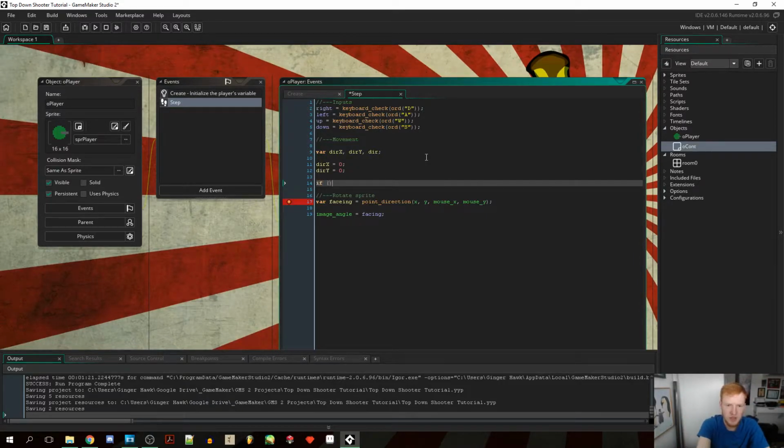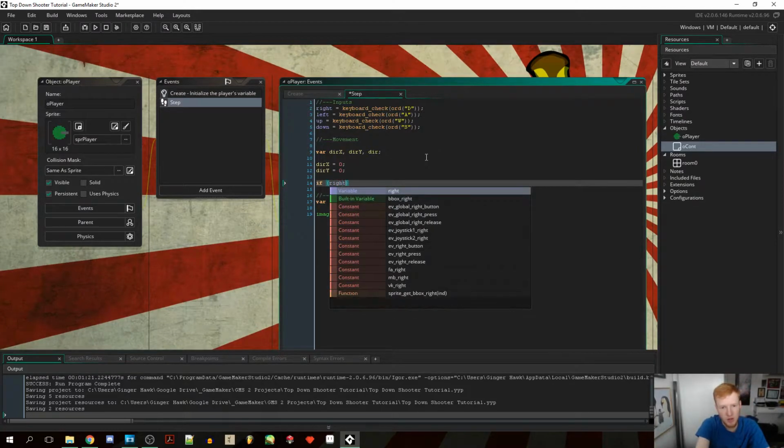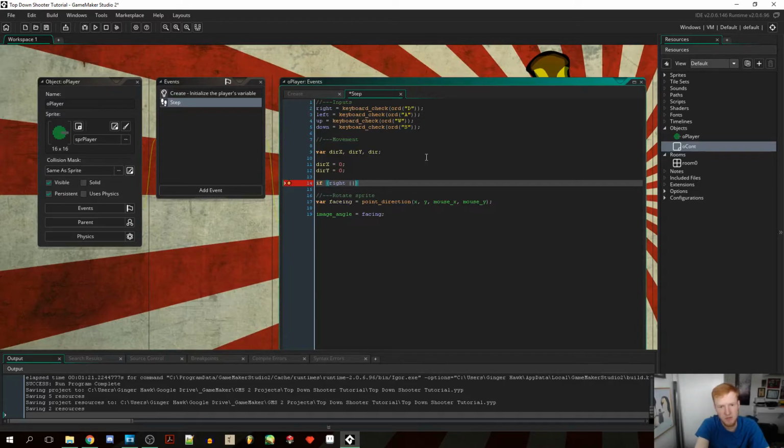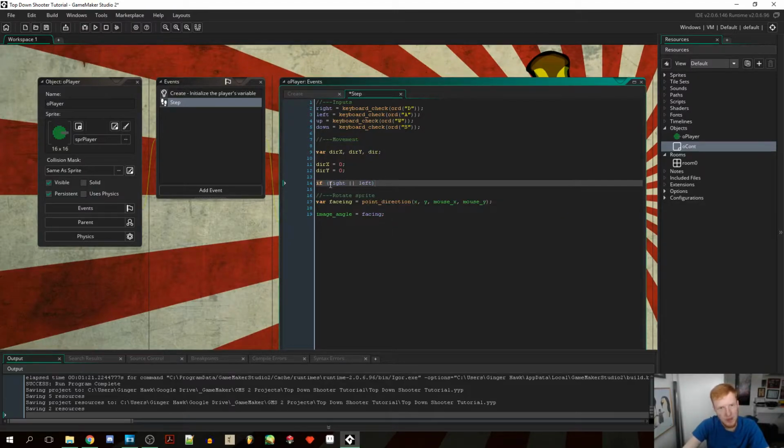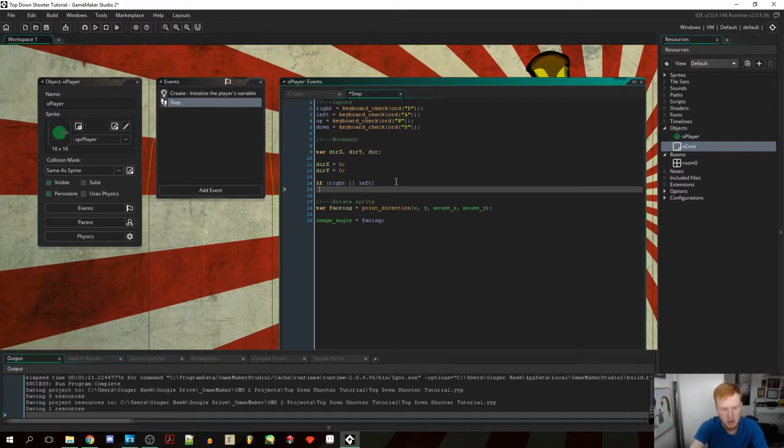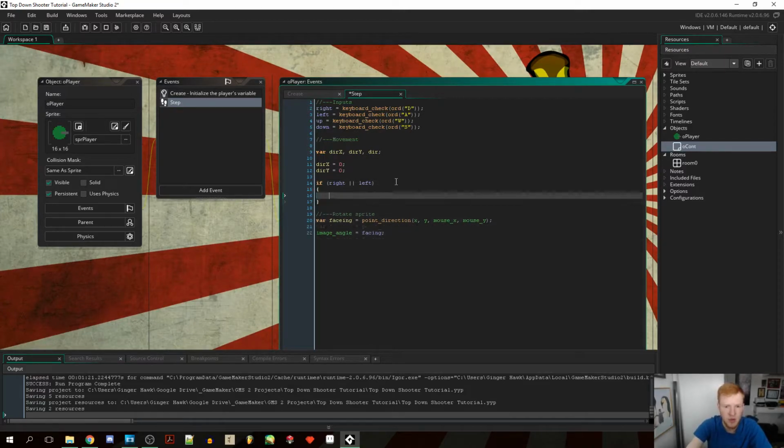So now we're going to use an if statement. We're going to do a bit more advanced one right here. We're going to write right, and then we're going to do 2 of these lines here. This is an or sign. You can write or instead, like that, but I prefer to do it like this. So if right or left, this will check if either one of these is true, then it's going to run this code that's in here. So if we're pressing right or we're pressing left, then what we're going to do is we are going to